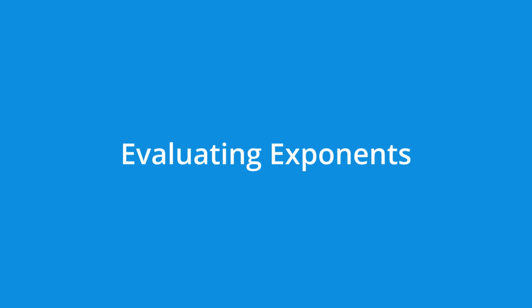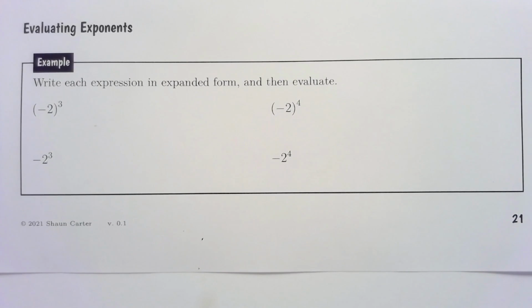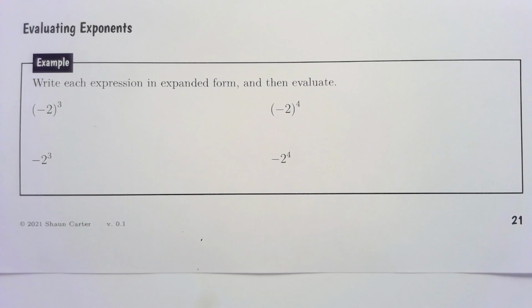Evaluating exponents. We spent a lot of time in our previous unit looking at exponents and how to evaluate them. But let's look a bit more precisely here at what happens when we have a negative number. We need to be a little bit careful here with how we choose to evaluate these. Now notice we don't actually have any negative exponents in these examples. It's not the exponent part that's negative. So that's a little bit different for how we work with negatives